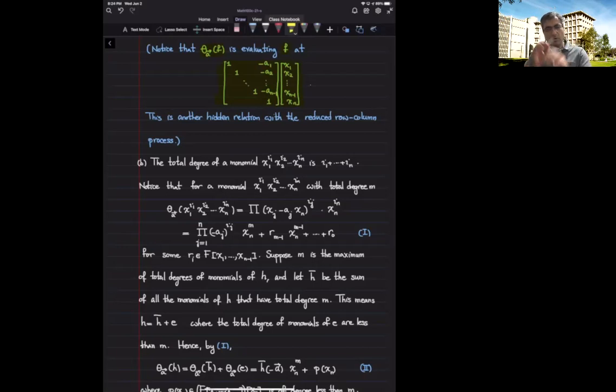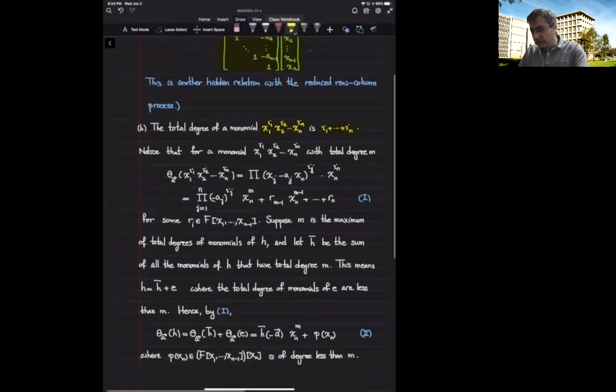Now, suppose I give you a monomial, and I'm ignoring the coefficient, I'm just thinking about monomials with coefficient 1. That means I'm giving you some non-negative integer power of x1, some non-negative integer power of x2, and so on. So the i sub i's are non-negative integer powers. And the total degree of such a monomial is defined to be the summation of these i sub i's. Okay, so